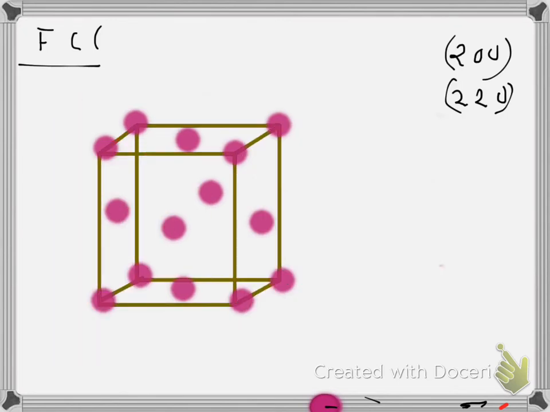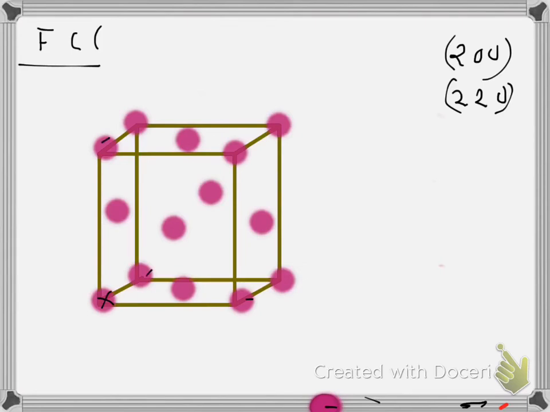For drawing the third plane, in FCC we have a unit cell of FCC here with particles at 8 corners and face centers. While drawing the picture, you should never forget to mark the particles. Just a simple cube is not sufficient to mark the plane. You should mark the lattice points also. Then only there is existence for our crystal planes. If there is no particle, there will be no chance of planes. So here also you have the origin, then the x axis, y axis and z axis.